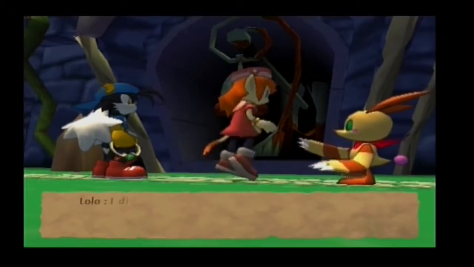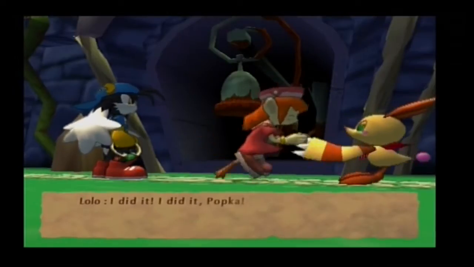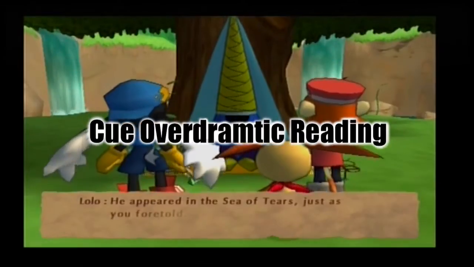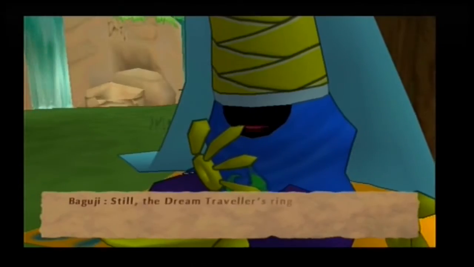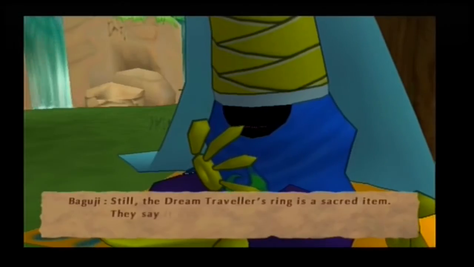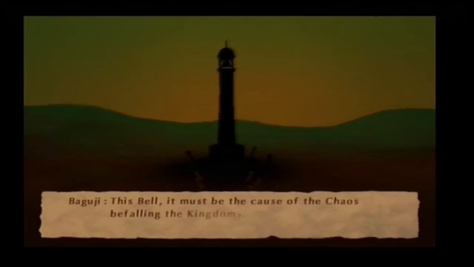So anyway, after they ring the bell that Lolo and Popka were trying to reach, Lolo is made a high priestess. They go to the prophet Bajubia the Wise, who tells us of the 4 kingdoms of Lunatea and that trouble has been brewing within them as monsters have been showing up and priestesses have been falling ill. He tells us that the lost 5th kingdom of sorrow has shown signs of returning, and that Klonoa, Lolo and